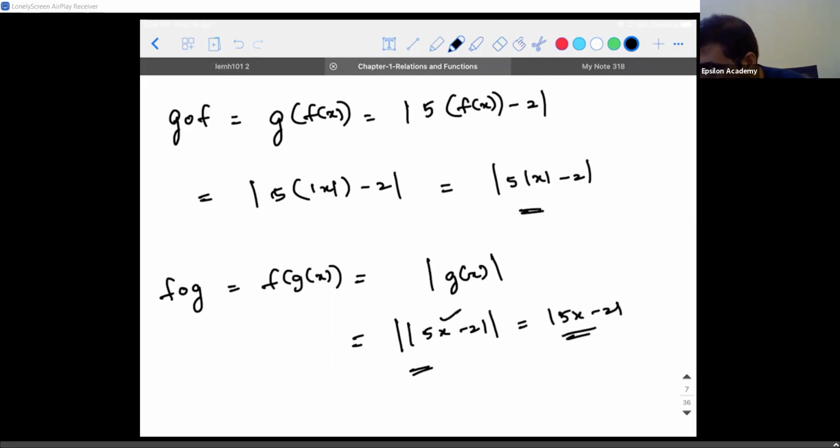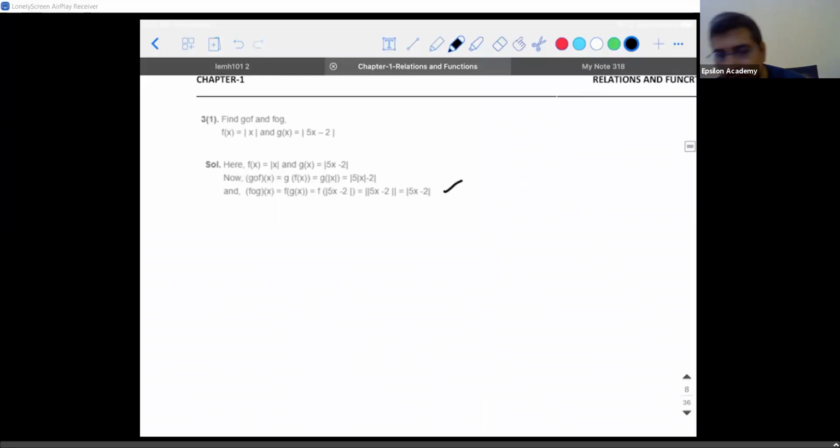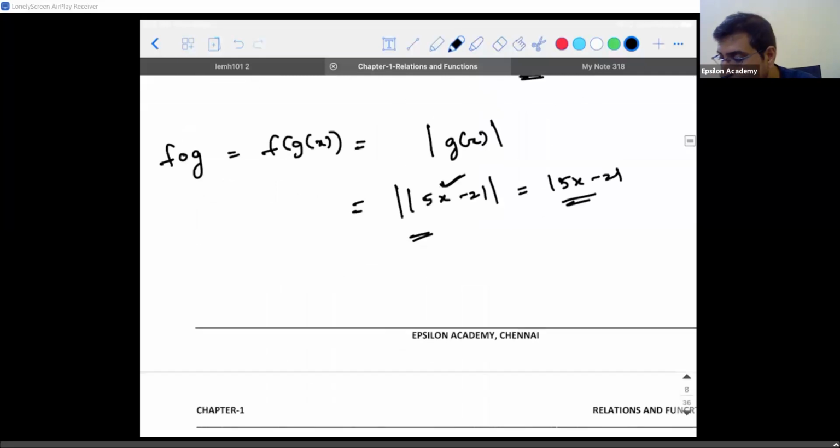Sir, this already will give you a positive value. Again, a positive value will give you the same thing, so we can just write 5x minus 2, no, sir? Both make sense, but let me check how the answer is given. Yeah, both make sense. I hope you understood why it makes sense, because this is already a positive value. Modulus of a positive value is obviously going to be the same thing. That's what they're trying to say. So they both mean the same. Even if you put another modulus, you can still write the final conclusion like this: mod of 5x minus 2.